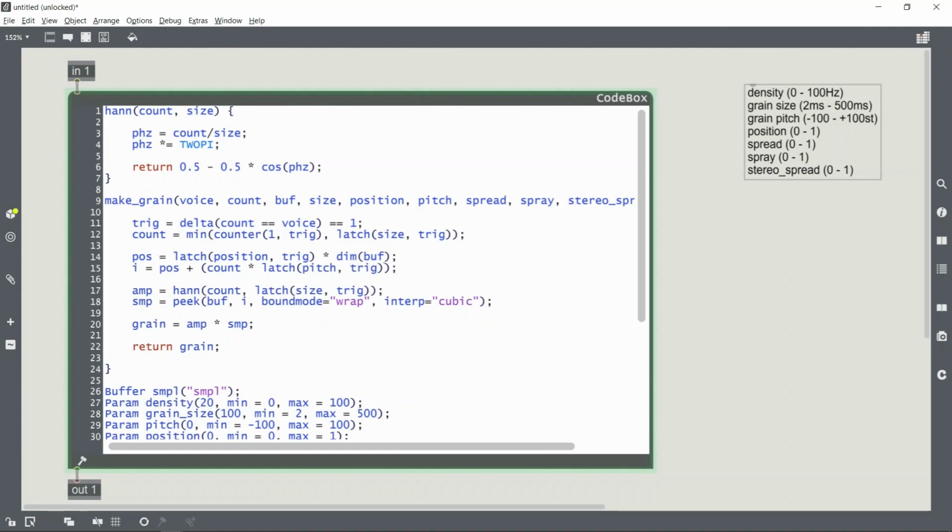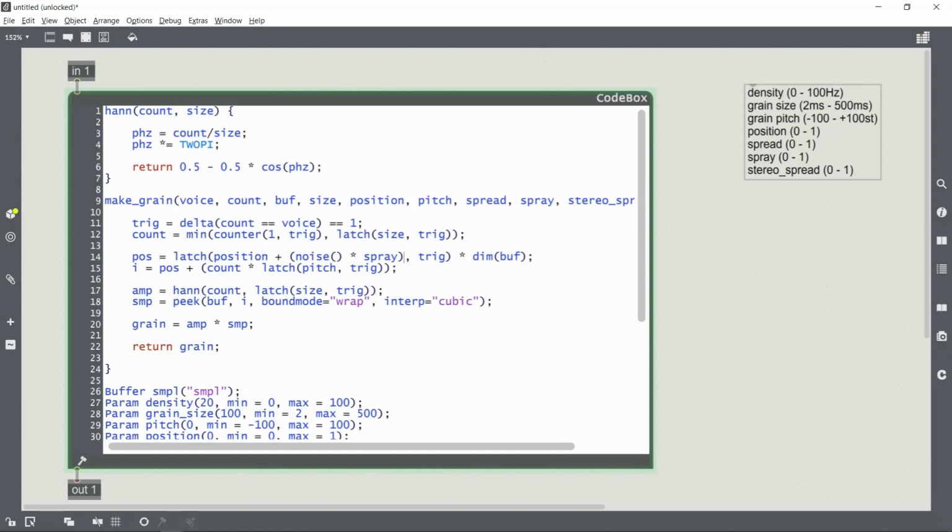Just like that. Okay. Now let's work on the spray functionality. Now remember, spray randomizes the playback position of the grain. So within this latch function, we're just going to add some noise. Now, noise in gen returns a random floating point between -1 and 1. And the minus part of that is good because we want to go backwards as well as forwards with our random start times, and we'll just multiply this noise by our spray amount,